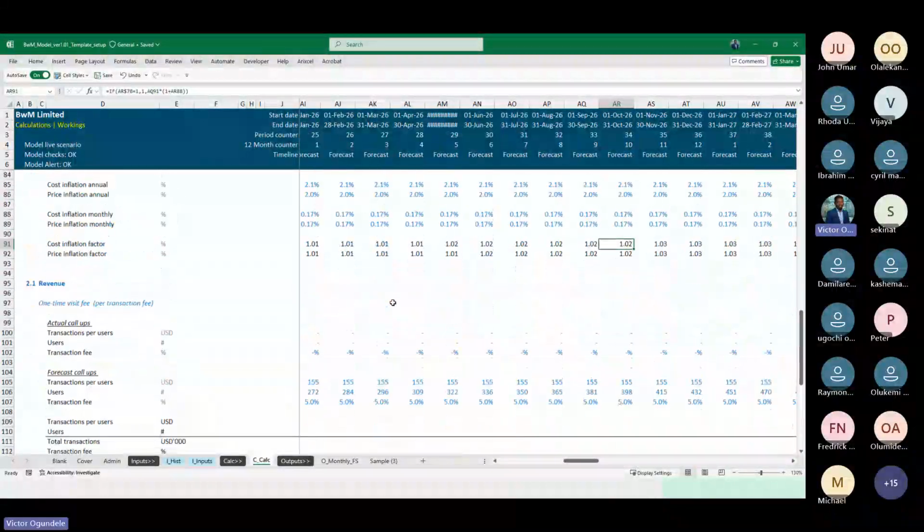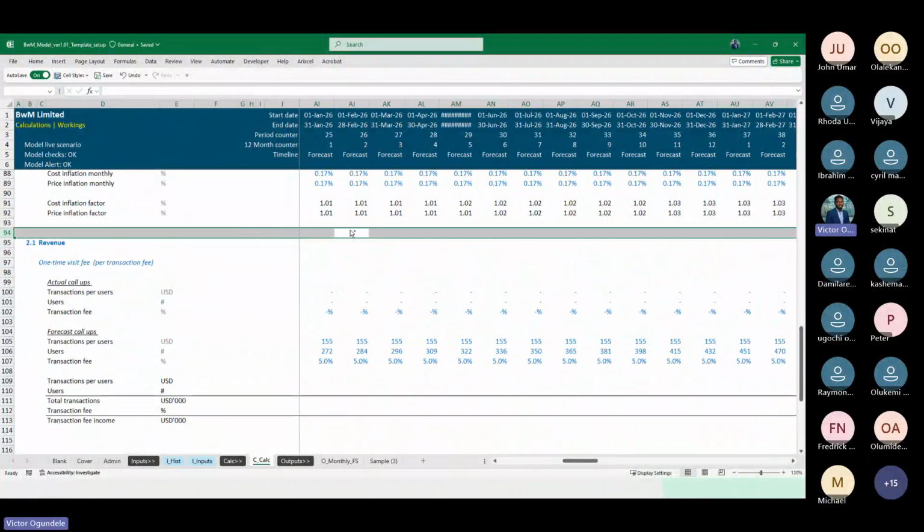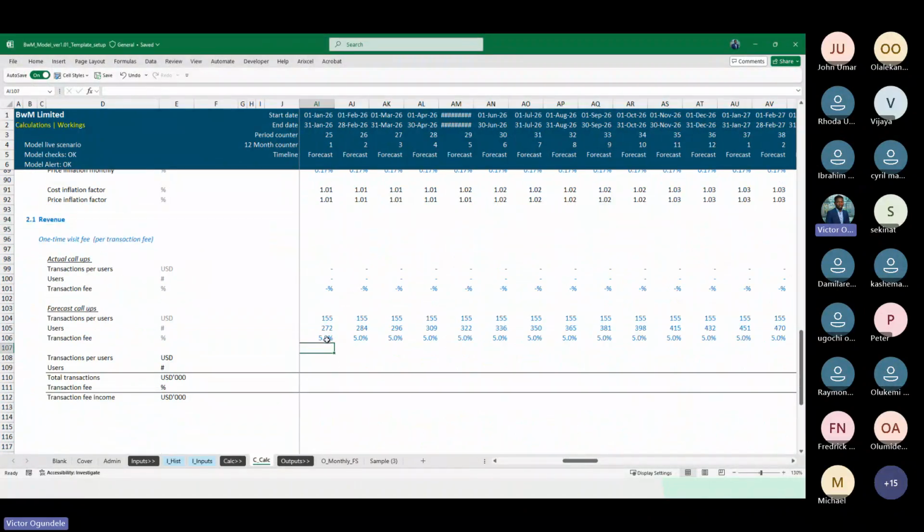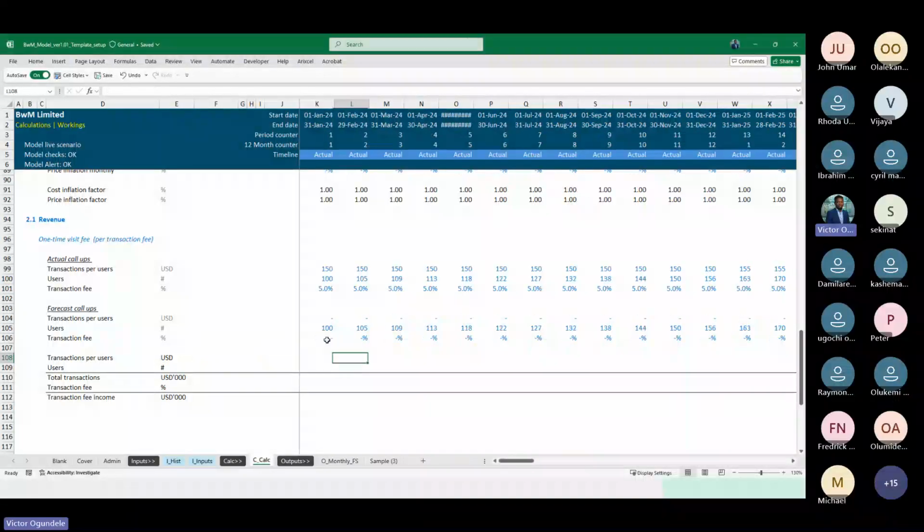All right. Seems long. Let's go through a long route to get what we need. All right. So now for the transaction per users, then that will be equal to